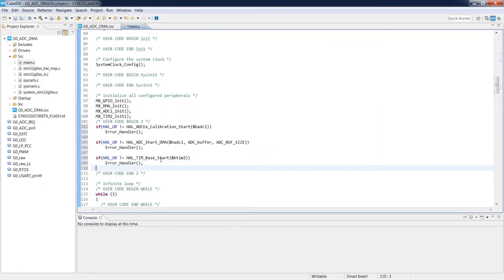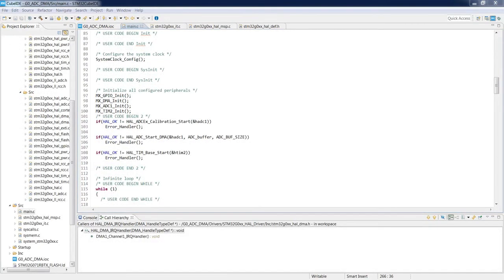So this is the basic piece of the code to start our ADC conversion with usage of DMA and triggering by the timer 2. The source of the trigger has been done in the device configuration. In the code, we need to first do the calibration of ADC and then specify the buffer and its size and start both peripherals. Okay, so the missing point is to process the interrupt, which is related to our DMA transfer complete.